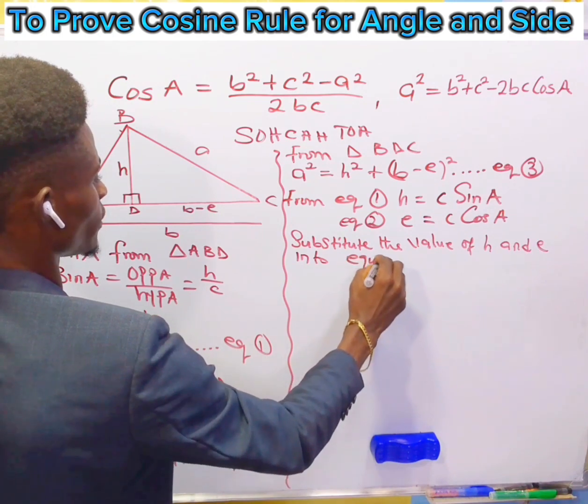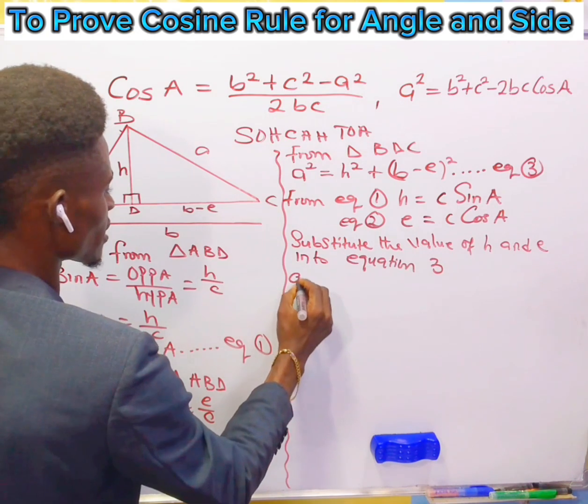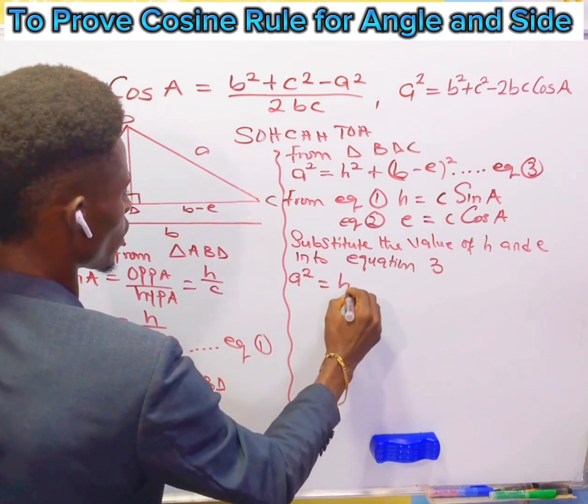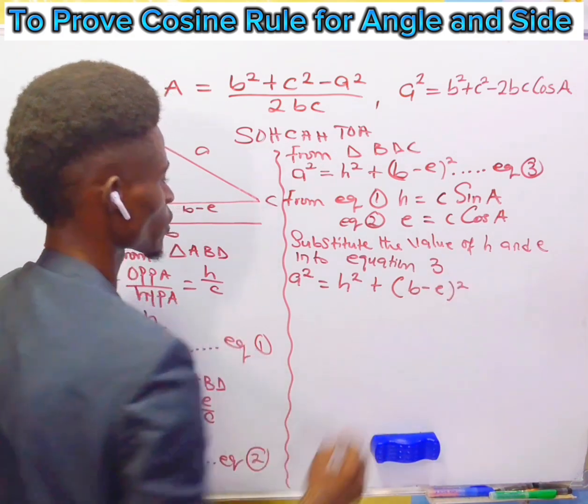Our equation 3 is a² equal to h² plus (b − e)²,